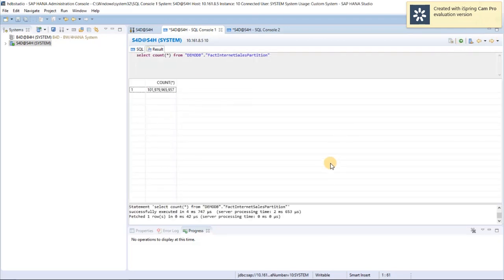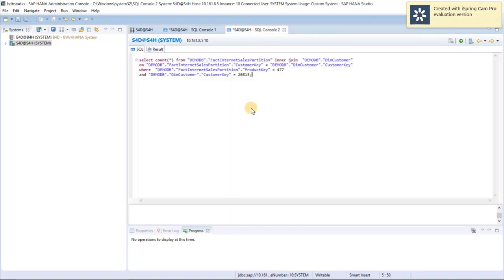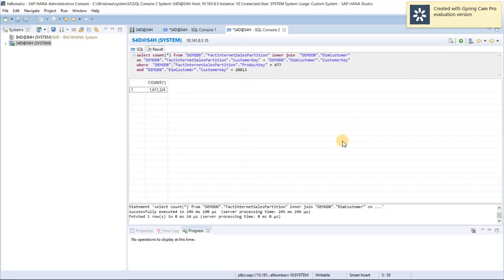A count of 100 billion rows came back in a few milliseconds. Now, let's look at a more complex query. This is a join query that matches 100 billion rows of sales data against 19 million customer records to get a count of how many times a particular product has been purchased by a customer. Okay, so once we execute this, we got a count of 1.6 million and it returned in just a few